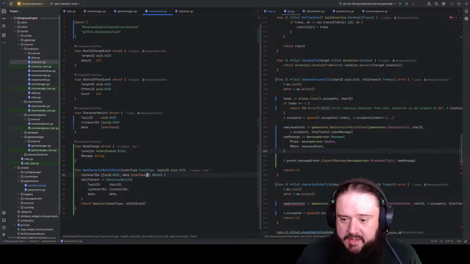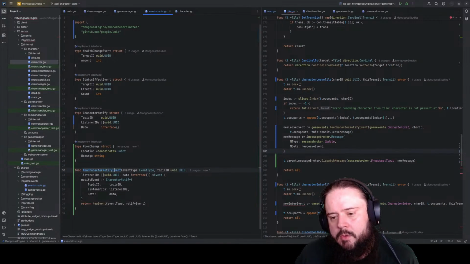And then instead of this, new character notify event,